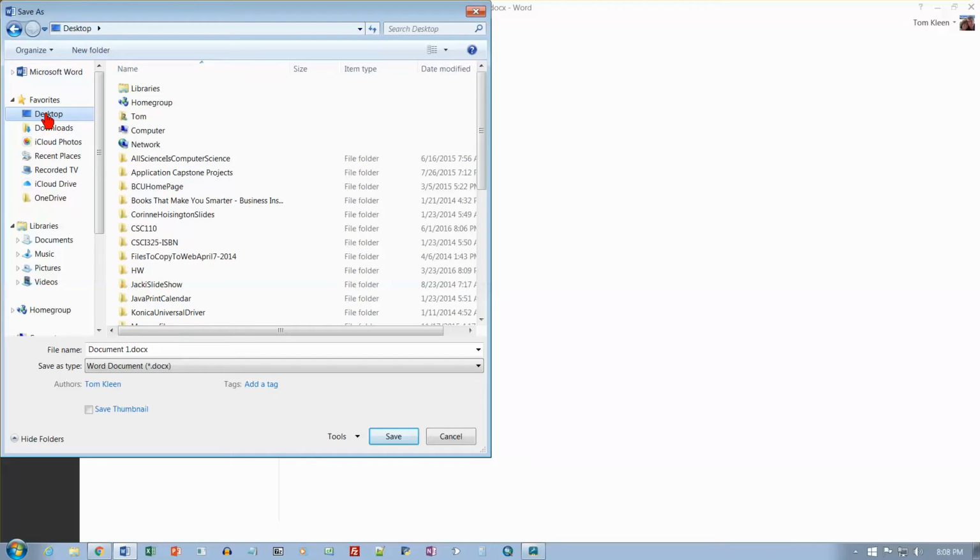And then if you want to create a new folder, there's an option up here for New folder. It may look a little different in Windows 10, but it should be up here on this bar somewhere. And you just click on that, and